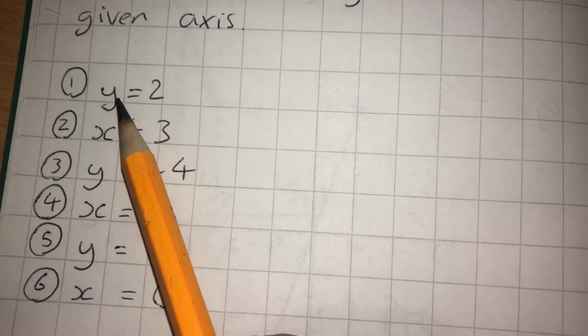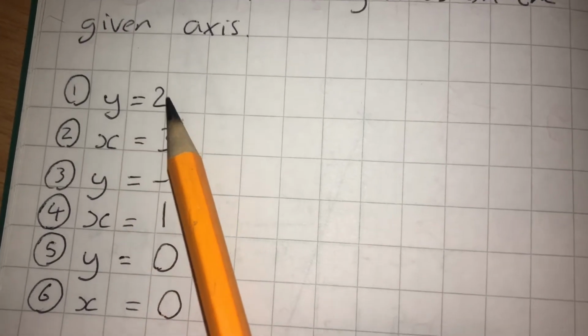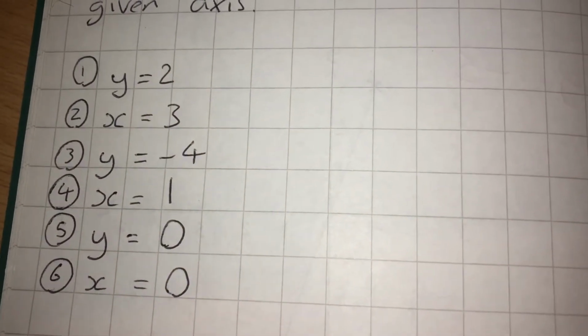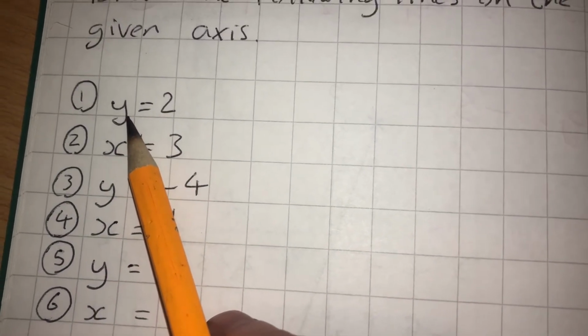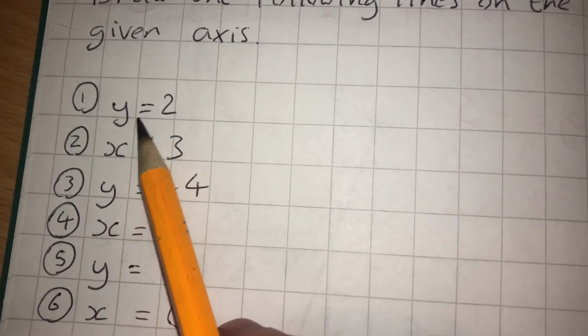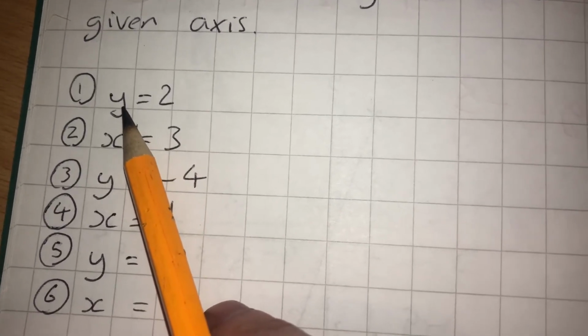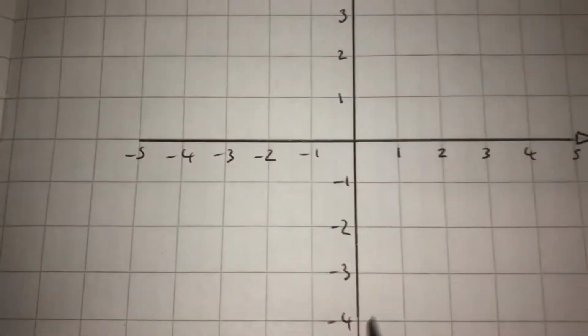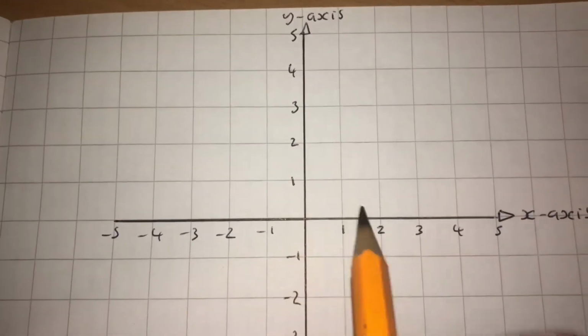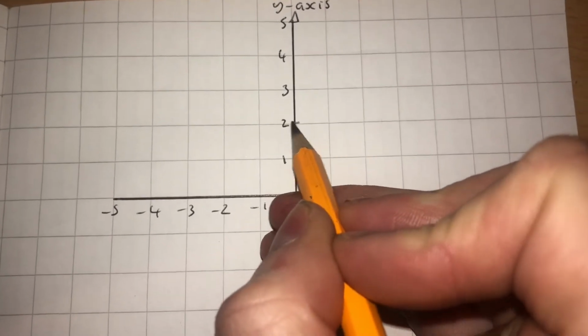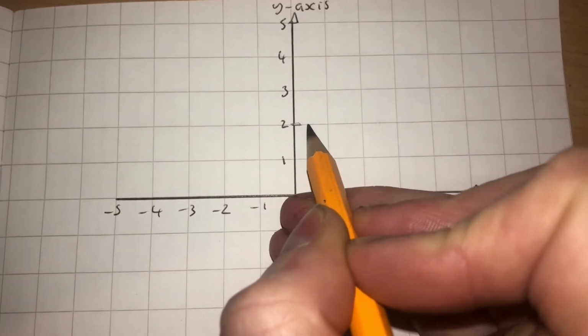The first one is the line y equals 2. So all of these are just going to give us either a horizontal or a vertical line, and this is how we dictate whether it's a horizontal or a vertical line. Okay, so y equals 2. What that means is we go to the y-axis. So the y-axis is our vertical axis. We go to where it is number 2 on that axis,